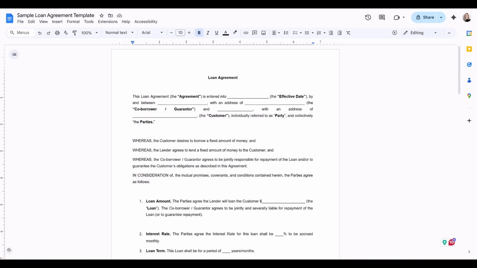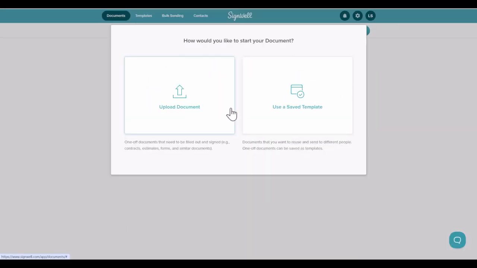Going to show you how easy it is to send a typical bank form that needs to be signed or filled out electronically, how to track it, and also how to handle signing in person. So let's say I'm opening a new account or maybe sending a loan related document and I need a customer, also maybe a cosigner to sign the form. So the first thing I'll do is upload it into Signwell.